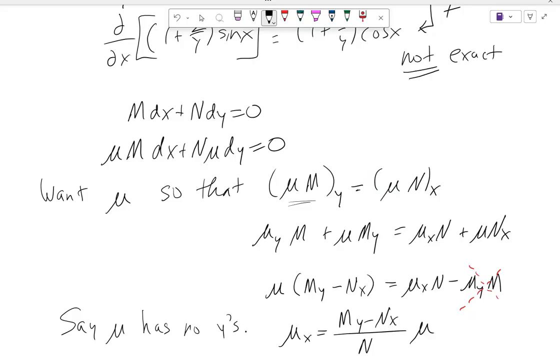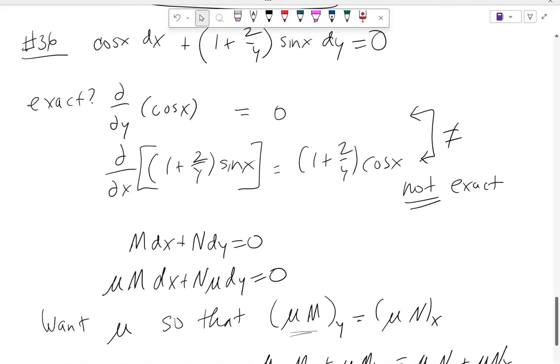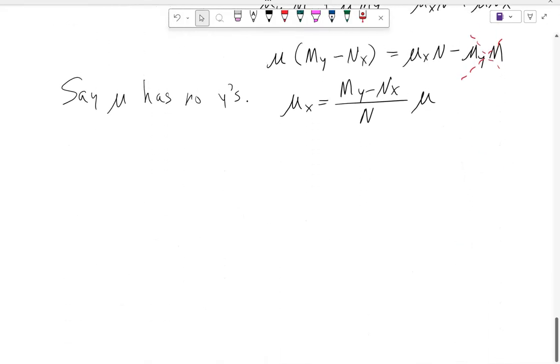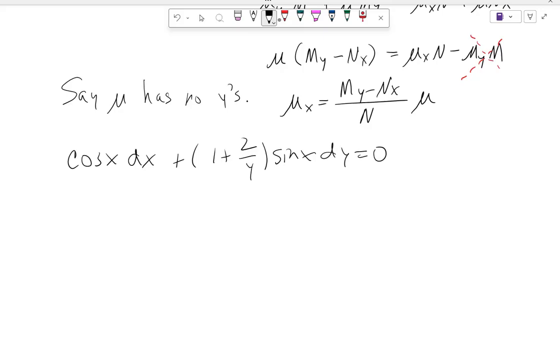The original problem was this thing up here, right? Let me rewrite the problem so that we have it. Where was my problem? I flipped the page. The original problem was cosine x dx plus 1 plus 2 over y sine x dy equals 0. If I do 0 minus 1 plus 2 over y cosine x,